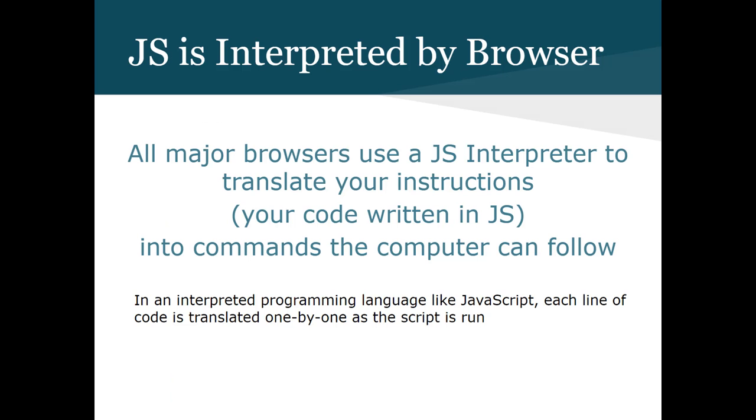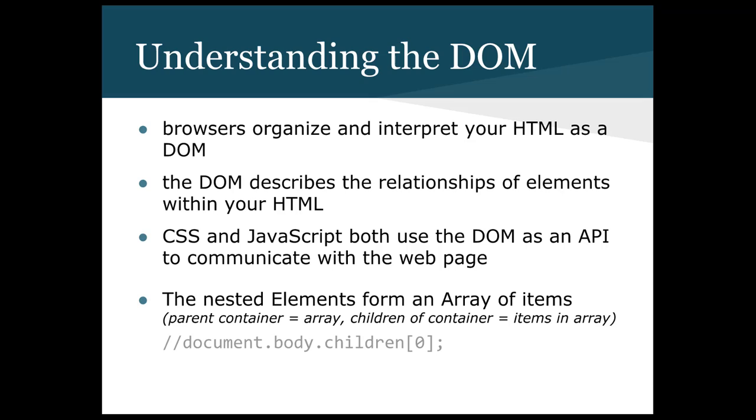All major browsers use a JavaScript interpreter to translate your instructions into commands that the computer can follow. In an interpreted programming language like JavaScript, each line of code is translated one by one as the script is run. HTML structure: what items are nested inside of others, what items come next in the source file, etc. If your HTML is properly structured, tags closed, and so forth, your CSS and JavaScript will have no trouble figuring out what element or part of the document object model you are trying to target to be affected by them. An example: